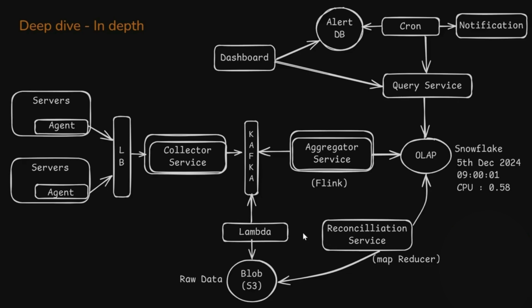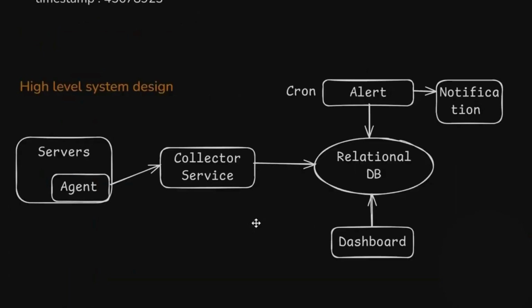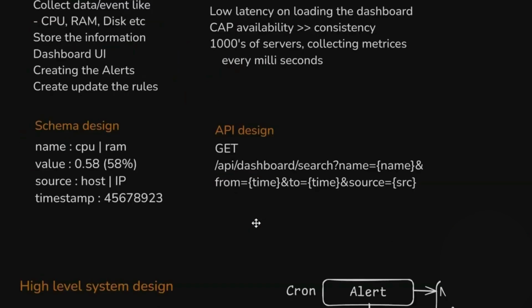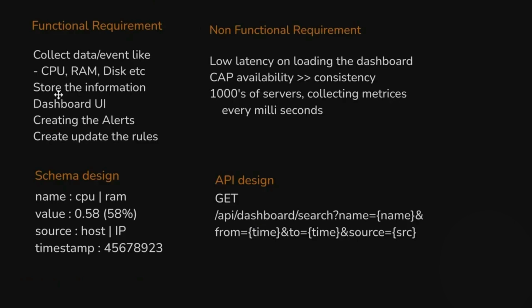Let's check that all the functionalities are satisfied, or whether we have missed any of the core functionality. Collect the data, store information, dashboard, rules, creating the rules, availability, aggregations, and this is the schema of how we are aggregating. And coming back to this API, you see that you started with one API, but for creating the rules you need more APIs. But considering the time you have in your interview, it's okay to start with one or two